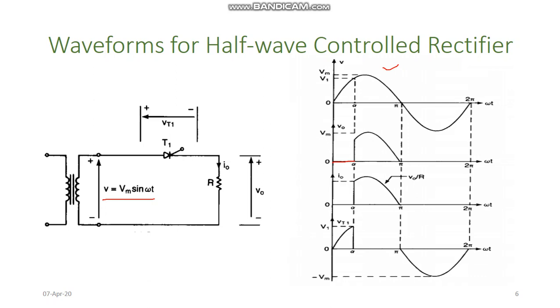for this interval 0 to alpha. No output is obtained at the output, but it conducts only for this interval alpha to pi. It is because the gate signal was not applied before this angle alpha. The signal was applied at this instant alpha. So